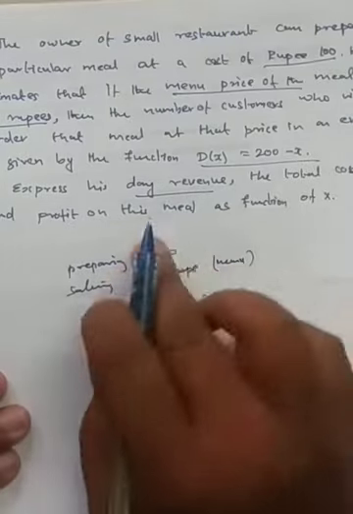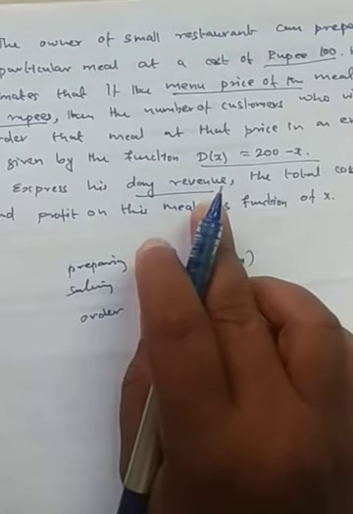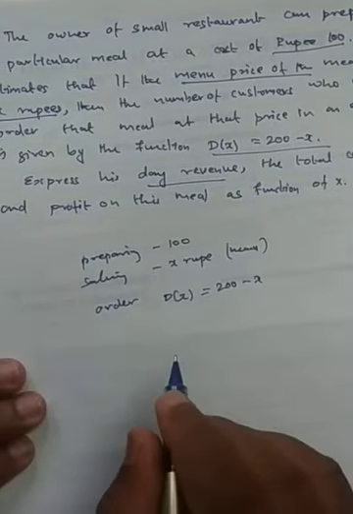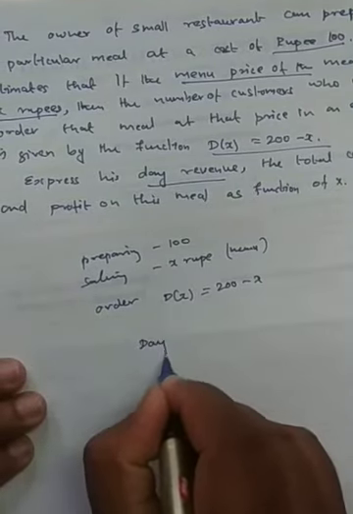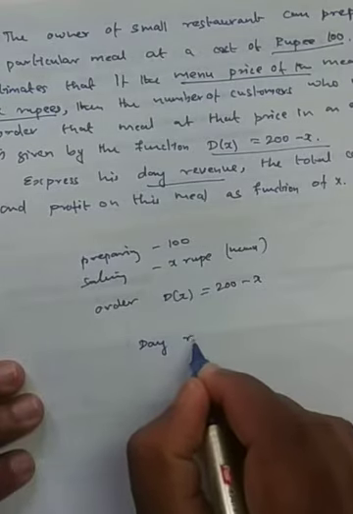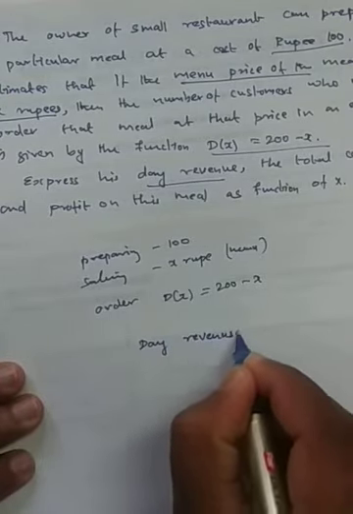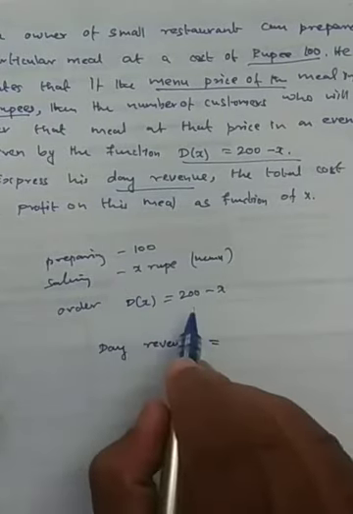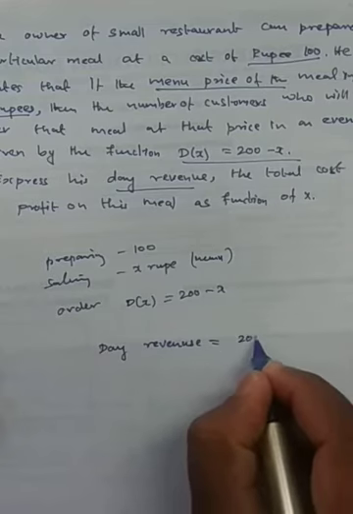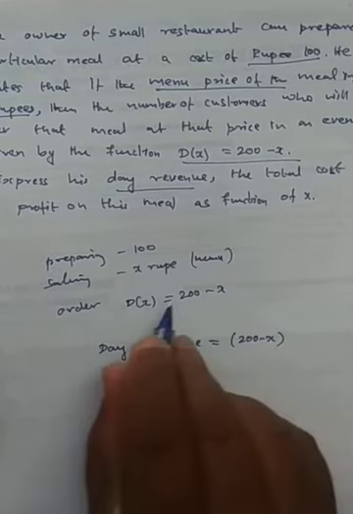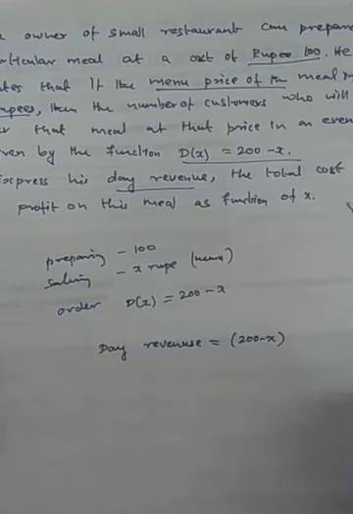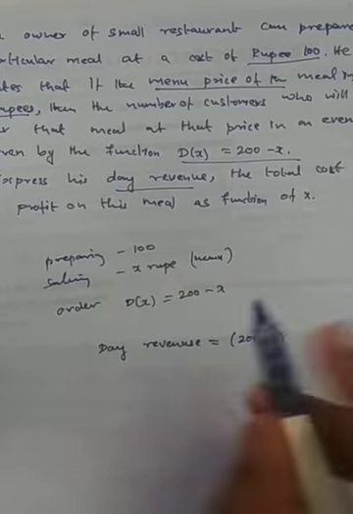So first we need to find, so that I have written here: total cost, number of this thing. Daily revenue means daily revenue. First question is daily revenue, right? Daily revenue means what? How much he is selling? How many orders? 200 minus x is the order. He is selling for how many rupees? x rupees. That one you know. For example, 1 pen is 5 rupees. If x people are buying, then 5 into x. Same thing here.